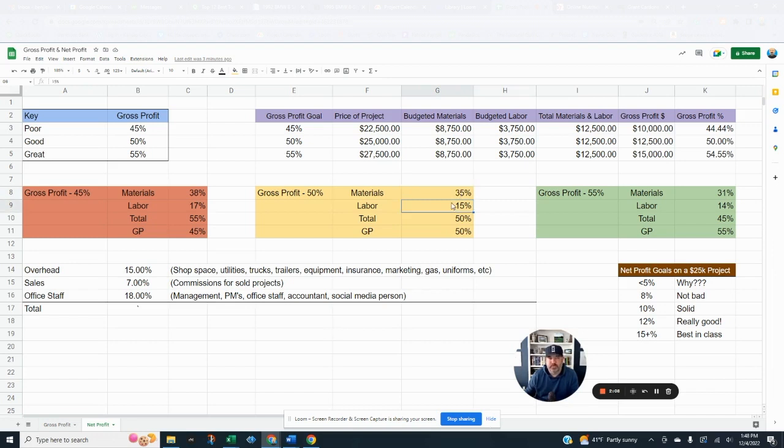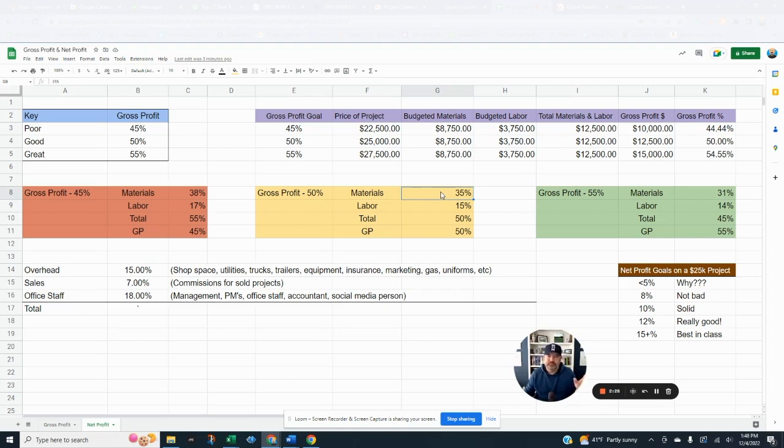Because I know the majority of you out there don't. I do job costs. We do job costing every single week on all of our projects, so it's an ongoing thing. But most people don't, so most people don't know where these numbers would finish. But let's just pick one,